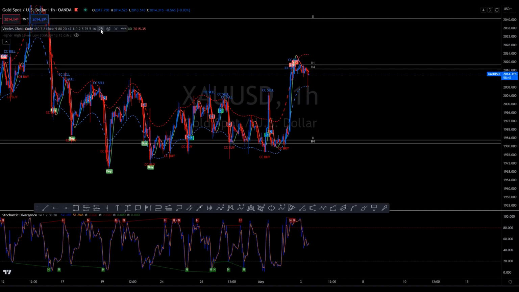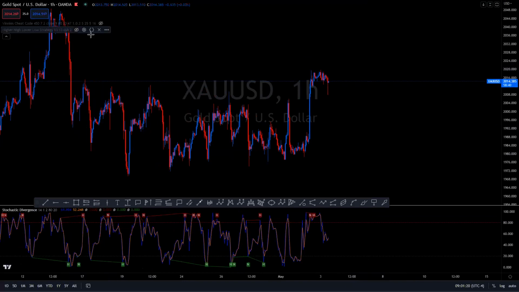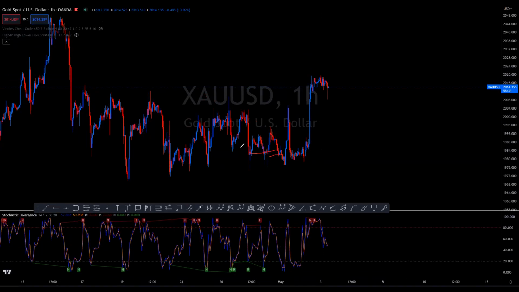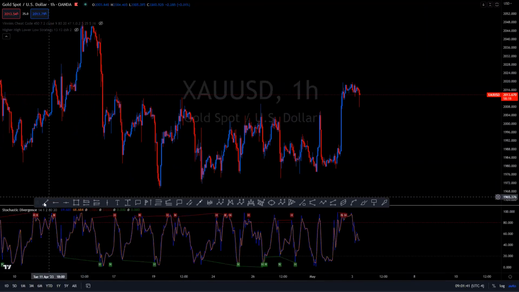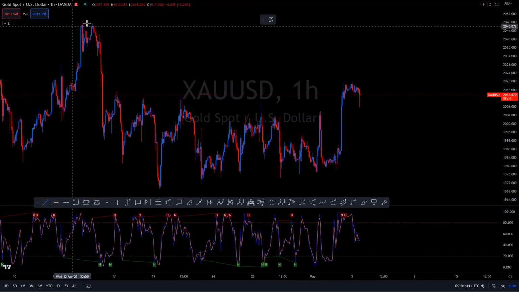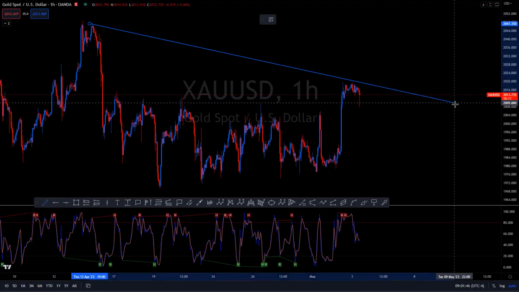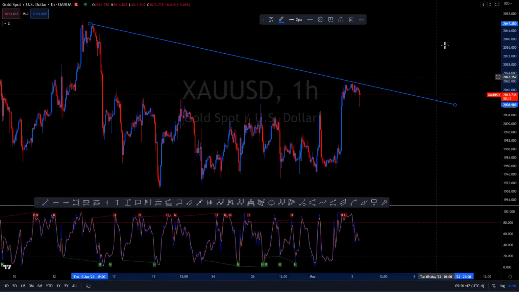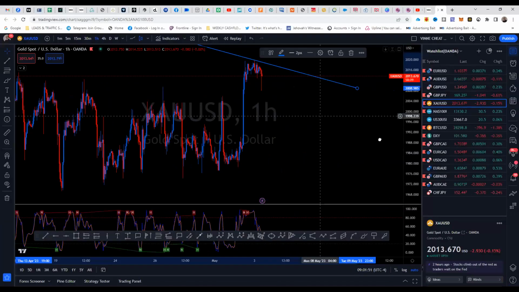So what we need to do is figure out the overall trend. When we really look at the overall trend, we could see that multiple lows were broken for a while. So price is really going bearish at one point, and then a little bit bullish here, and went bearish here, broke the low here, here, and here. So we could easily say that price is overall bearish at this point. So we're going to take our trend line and put that here, so that way we can see what the overall trend is.